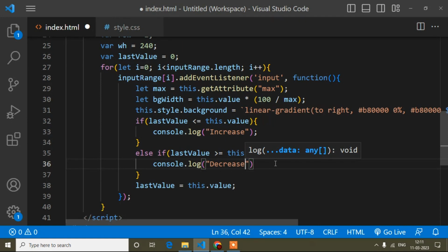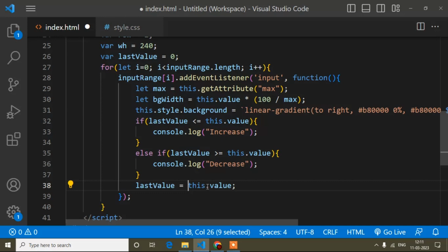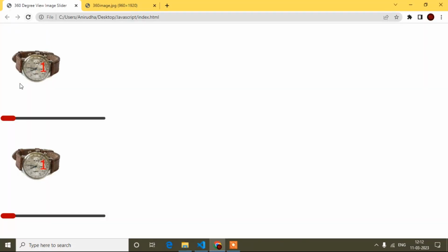Okay, and at the end what I did, this last value, here I assign the value of the range slider inside last value. See, again I'm trying to explain. First the range slider value is 0 because initially I added 0, and the last value is also 0.